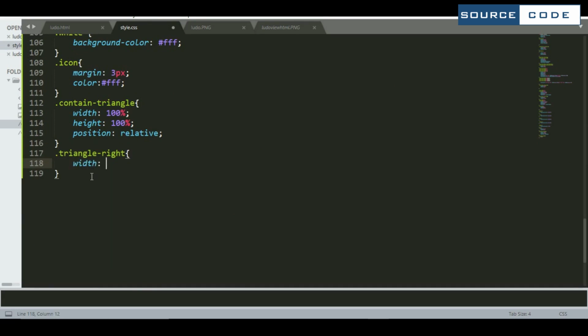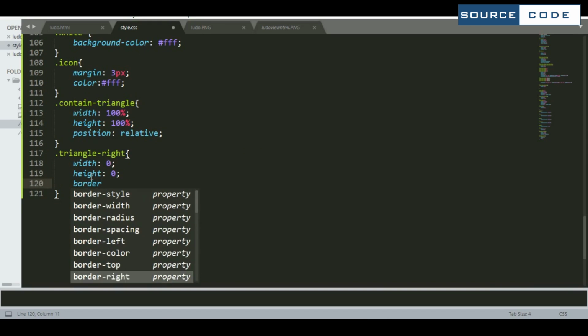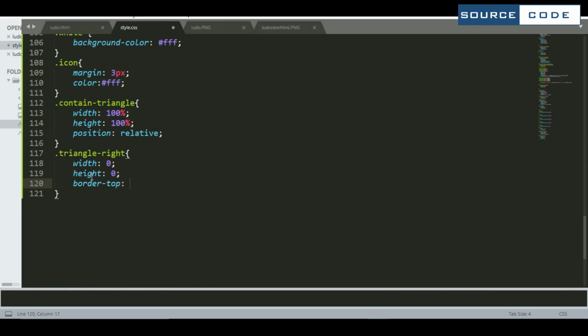So make the width as 0, height also 0. Make the border top here 55 pixel, sorry, transparent.